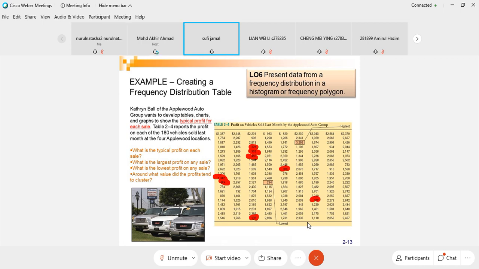Ini ada 7. So ini ada 8. So nampak kita ada 8 frekuensi kan? Kita ada 8 data kan? 1, 2, 3, 4, 5, 6, 7 dan 8. Okay. Boleh? Boleh. That's why